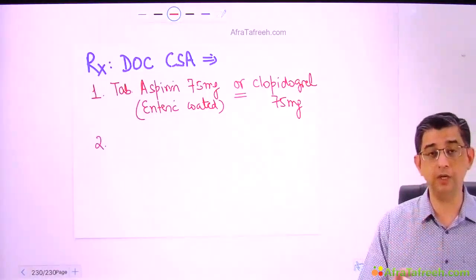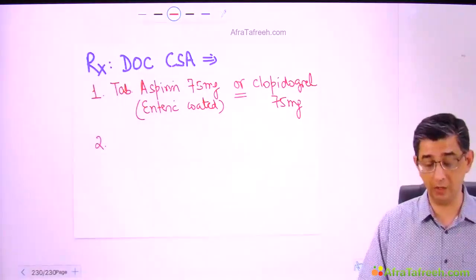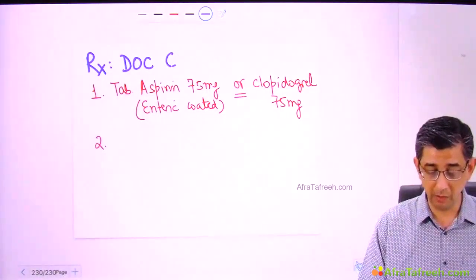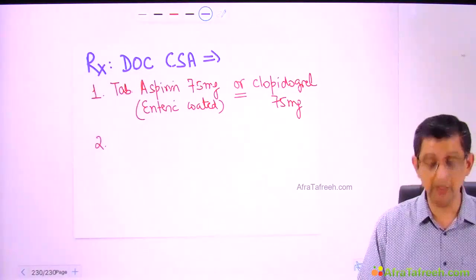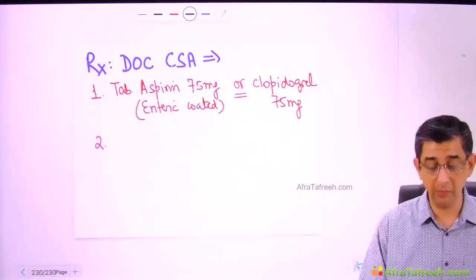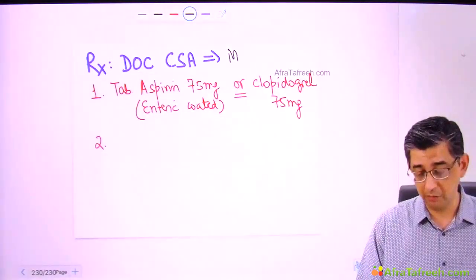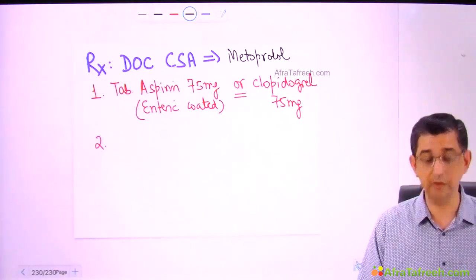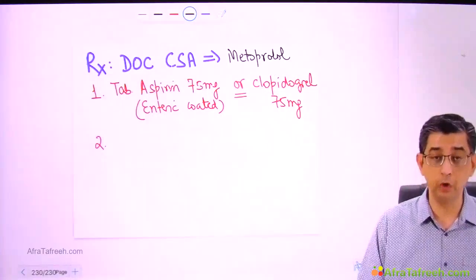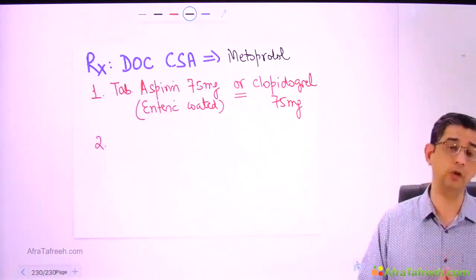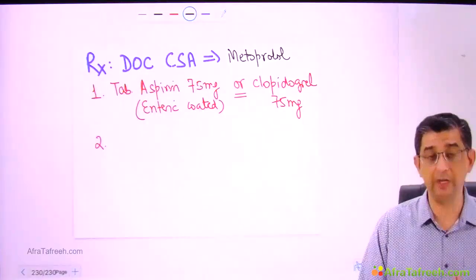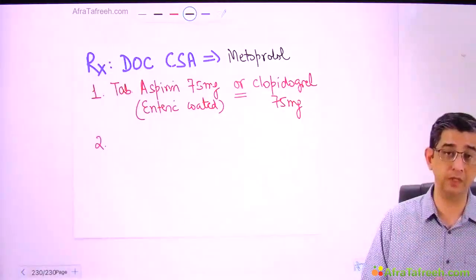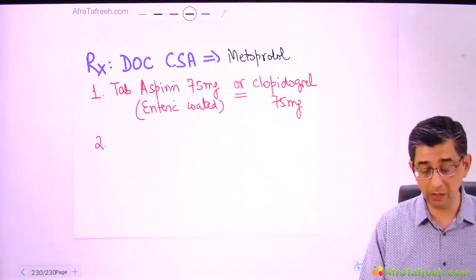Now, I've given you sufficient time to think about what is the drug of choice for chronic stable angina. And the bottom line is that this drug that I'm going to mention has been shown to reduce mortality. And the answer is a simple and straightforward beta blocker. We have been using metoprolol for a very long duration, or we have newer derivatives like carvedilol available. But the objective is that when we give metoprolol to the patient, it will reduce the heart rate. It will reduce the oxygen consumption of the heart.